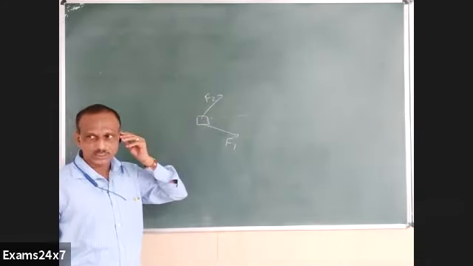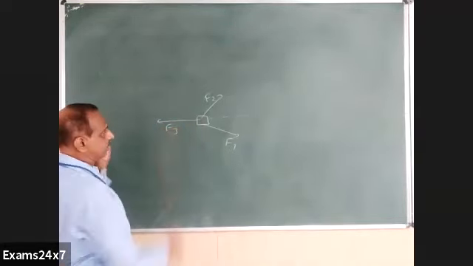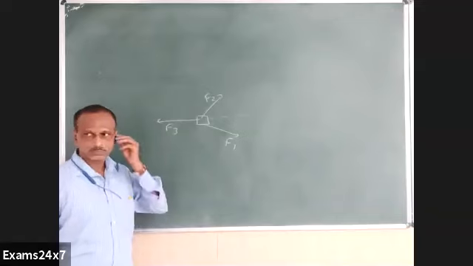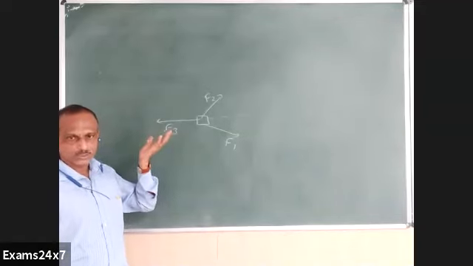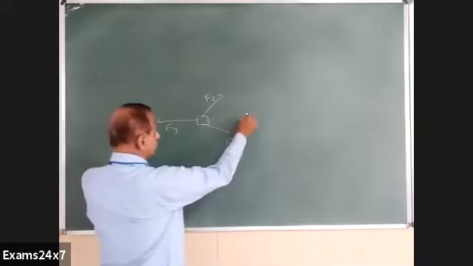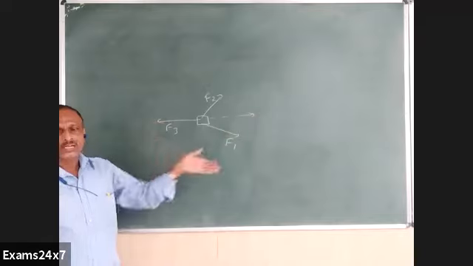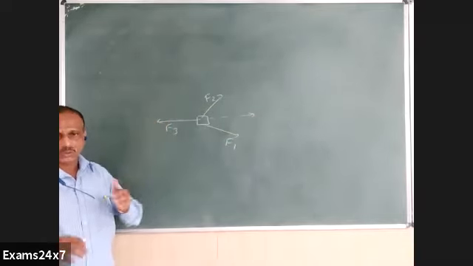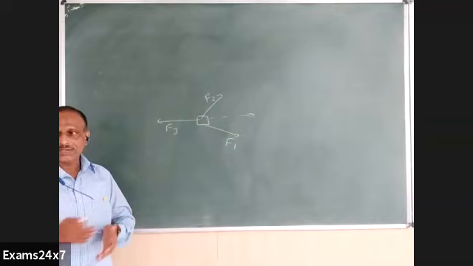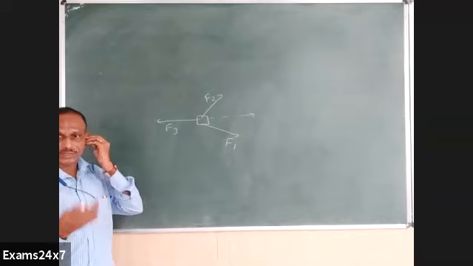That is called resultant. Suppose you have three forces like this, then what is the resultant? It can be zero also. If the resultant of these two is exactly equal and opposite to the third one, net force can become zero. So resultant can become zero also when the forces nullify each other, or in general vectors, they can have a net value zero also.